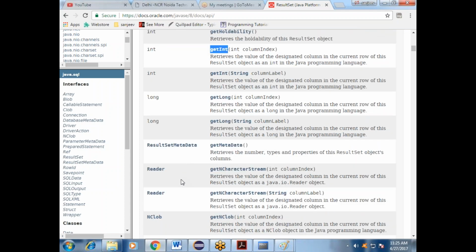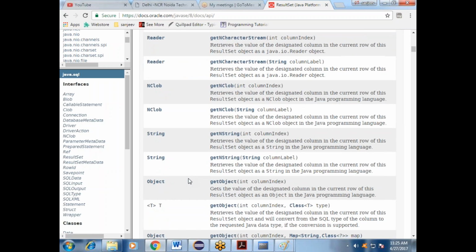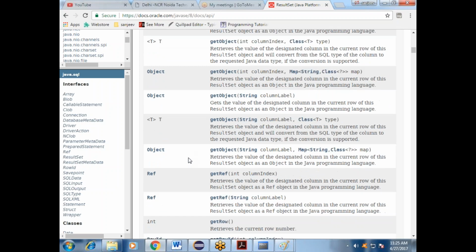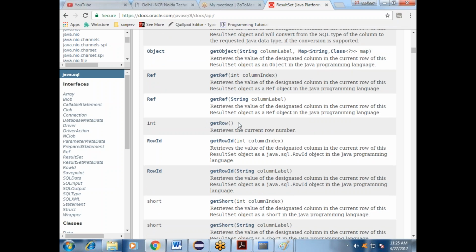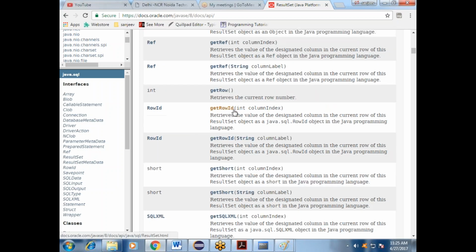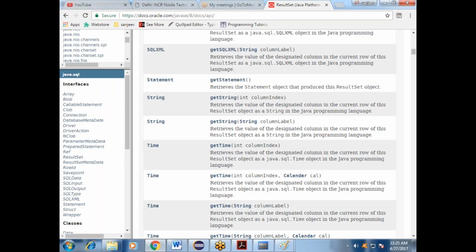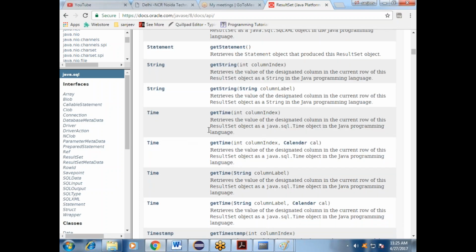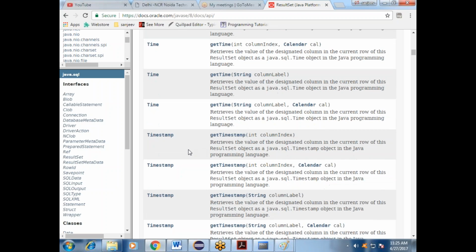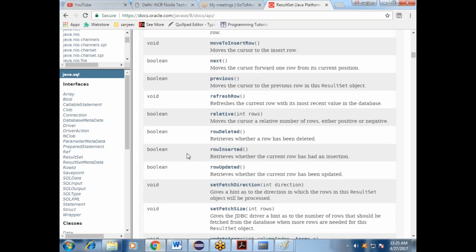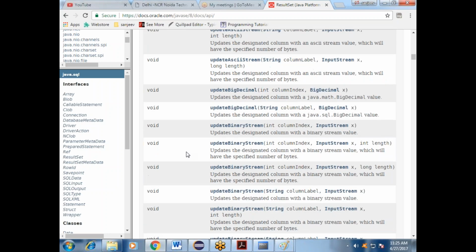If you use char or string, you can also achieve that. There are many more methods. getString name: if you want the string name, you can do that. getRow and getRowID are also there. Based on the requirement, you can also call getStatement, getTime, getString. See how many methods there are; based on the requirement you use them.